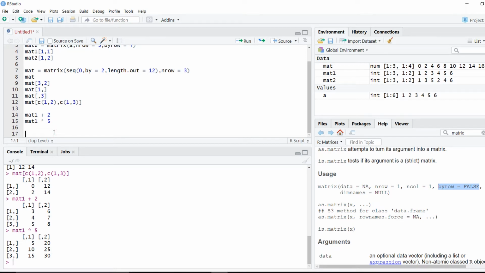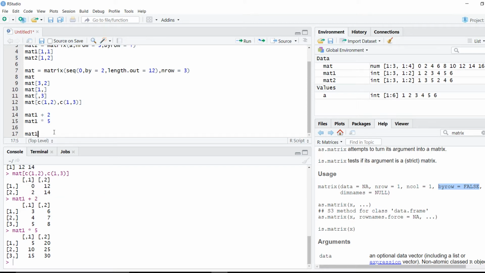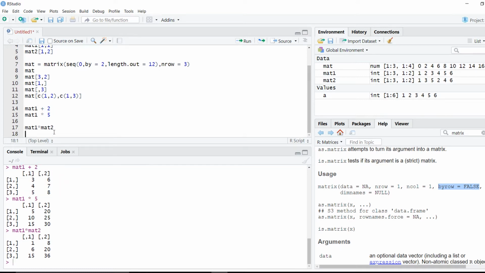Let's say I'll multiply them together. Say MAT1 into MAT2. I'll press Ctrl Enter and you will see it has multiplied each corresponding value.